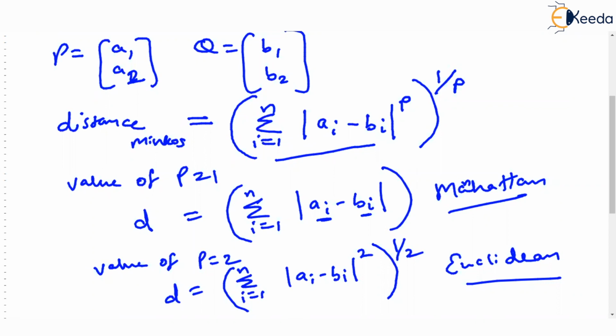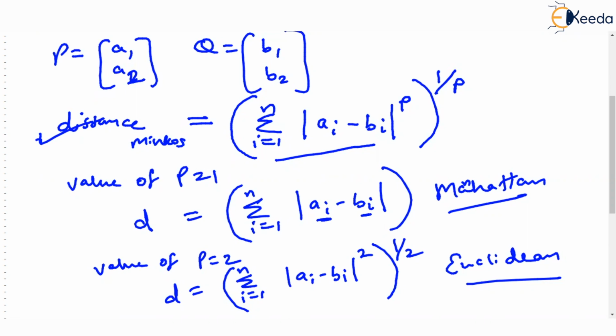We don't do that. But actually, the generalization of the formula tells us that distance is not limited to only the square root in Euclidean or the absolute value. You create your own distance measures, your own way of measuring distance by deciding P. I hope you understood all three ways in which we can find the distance between 2 points. Actually, this is not a way. This is just the generalization, and P decides which method you are using.